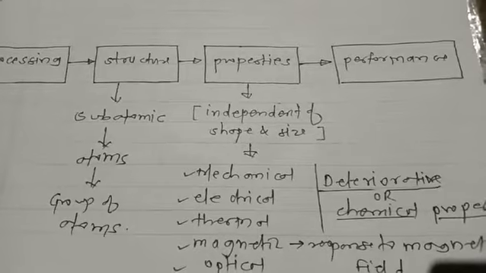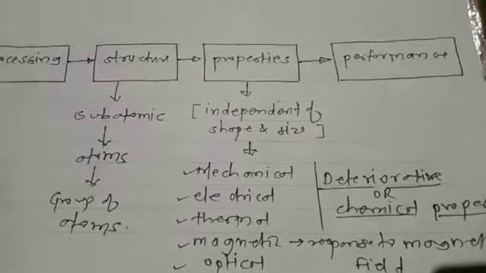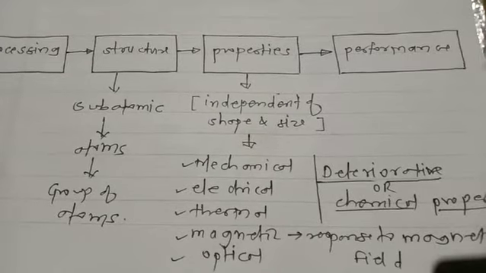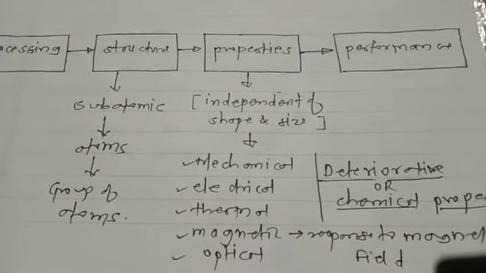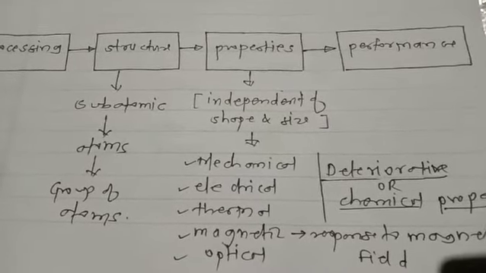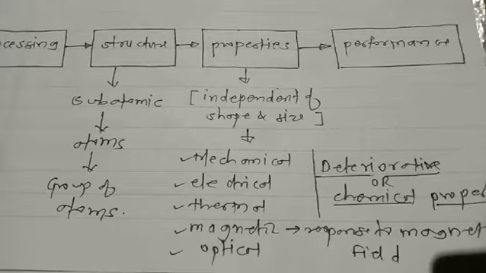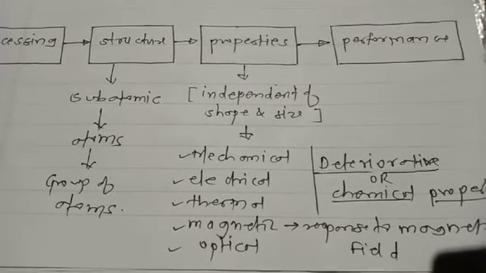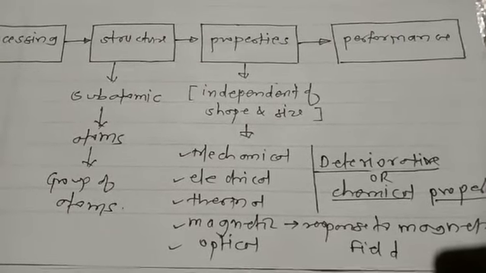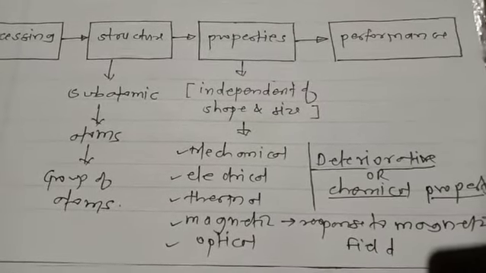Then properties, right? Property is very, very important, it is required, right? In some cases, if we consider the vehicle, the front part of the vehicle is sometimes called the bonnet, right? So the material of that particular bonnet is very hard, right? If an accident happens, no scratch is found on this particular bonnet. Why is it? Because the material is relatively very hard, and that property we require depends on the structure, right?